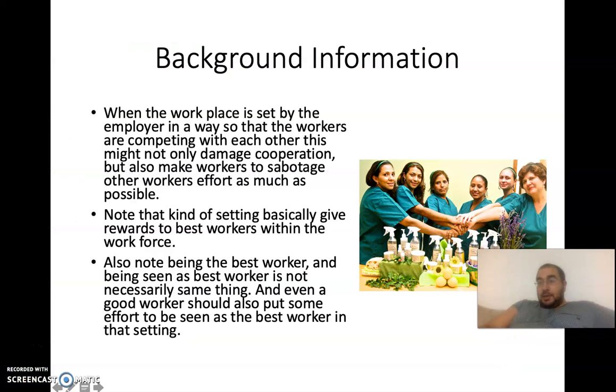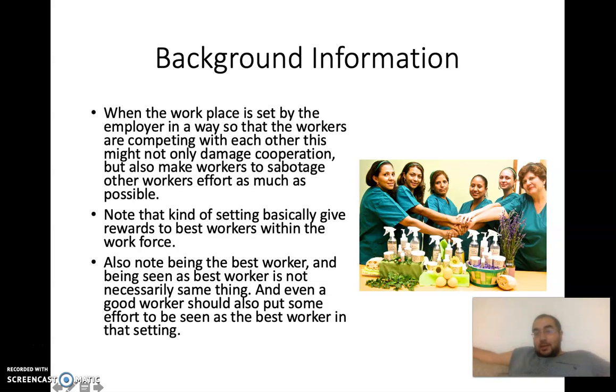Basically, making the workers compete with each other may create some benefits, but it might also create problems, especially if it breaks the cooperation with the workers and makes them sabotage each other. So that's one of the problems